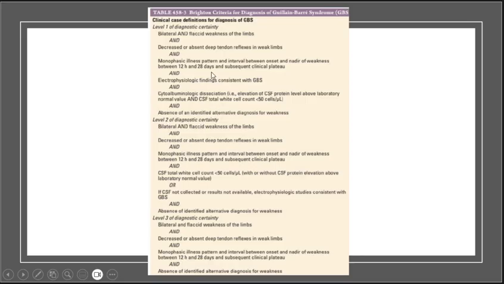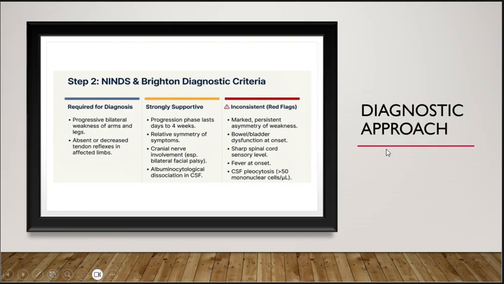Whereas in the level 2 diagnosis, it is the same as level 1, but either the nerve conduction study or the CSF analysis is enough to diagnose this. Whereas in level 3, only the clinical diagnosis with ruling out other alternative causes of the weakness is enough. Whereas the National Institute of Neurological criteria requires mainly the clinical diagnosis with strongly supportive